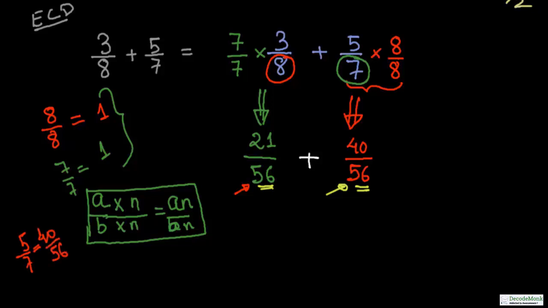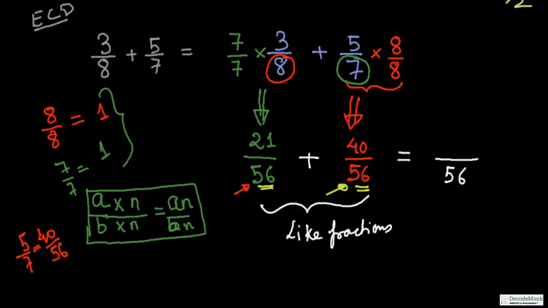So now as we have got the same denominator for both these fractions, we can add them easily as we have done for the addition of like fractions, because these two are again like fractions. So the 56, and we will add the numerators, which is equal to 61 upon 56. So the answer to this question, 3 by 8 plus 5 by 7, will be equal to